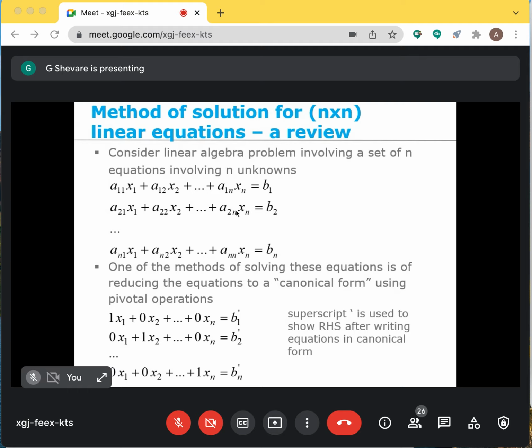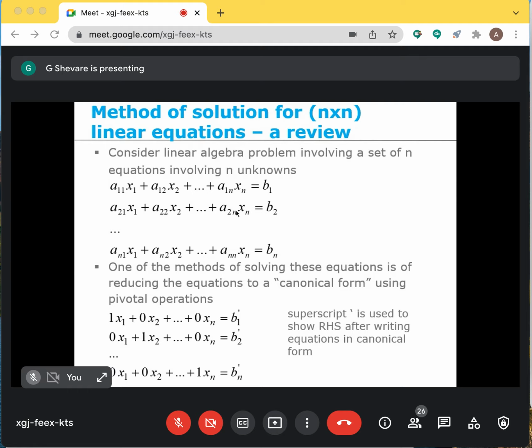So what happens is, by using row operations, the first equation given on the top becomes the equation where the coefficient of x1 is 1 and the coefficients of all the other variables x2, x3, up to xn are 0. Obviously, b1 also gets modified to some other value. Equation 2 gets converted into 0 times x1 plus 1 times x2, etc. So basically you get equations where the diagonal entries of the coefficients are 1